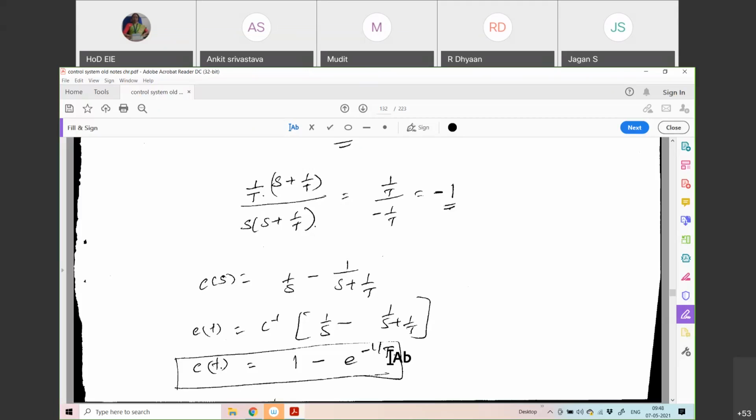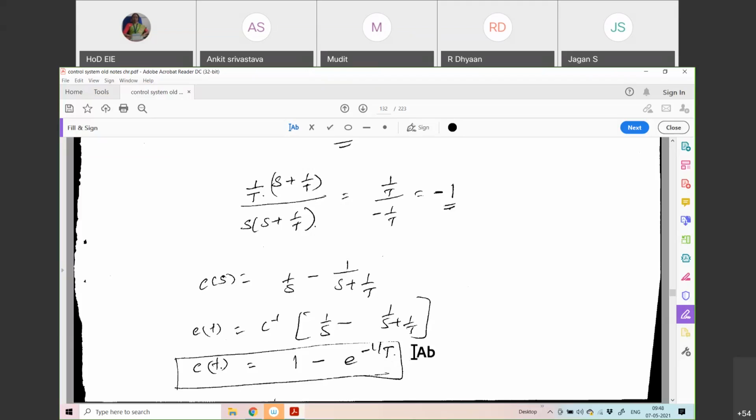For the unit step input, I know that R of t is equal to 1. So R of S would be 1 by S. Substitute it. It is a partial fraction. Simplify it, A by something plus B by something. Get the value of A. A is 1, B is minus 1. So substitute it there. I get C of S. So what is the response for the system? C of t, which is the inverse Laplace transform, is nothing but 1 minus e to the power of minus t by T. So remember, this is the typical response of a first order system, and the first order system time constant T is given as 1 by a.